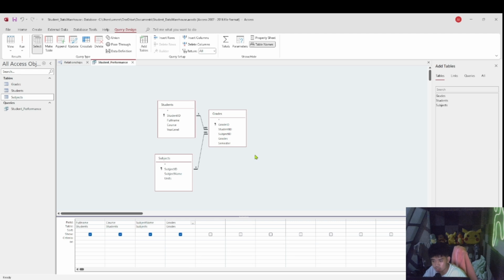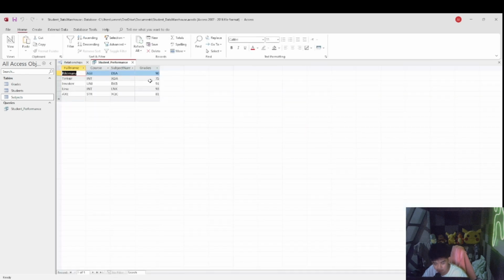Okay, so let's save this. So this query successfully joins data from all three tables, giving us a comprehensive view of every student's performance. So we can run this. So as you can see here,